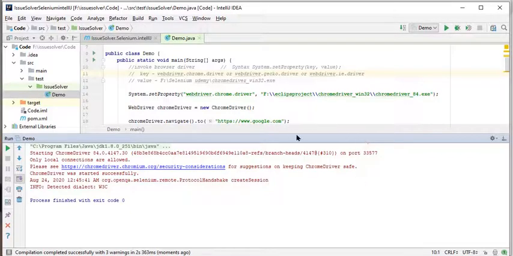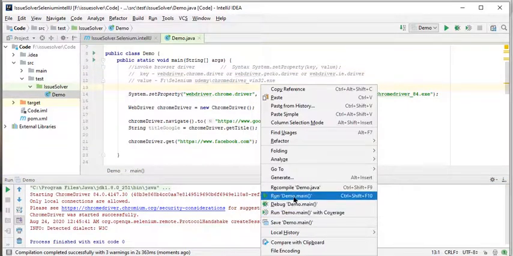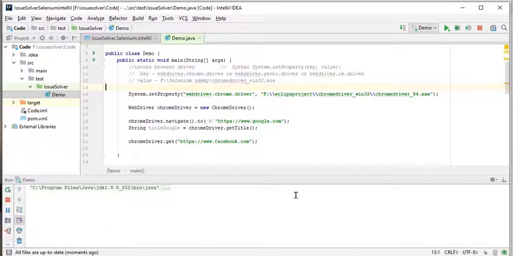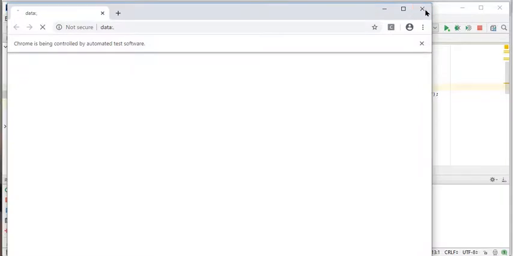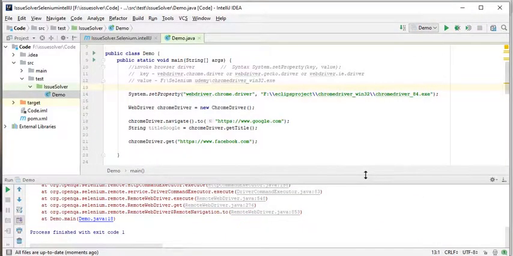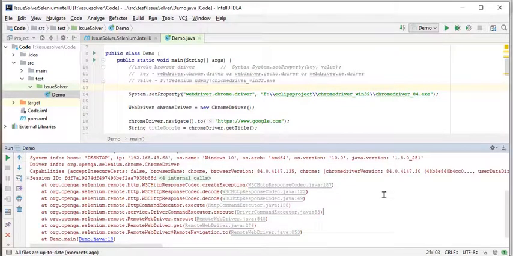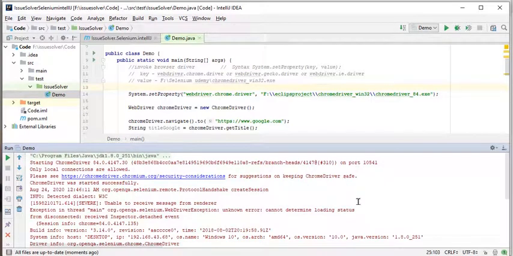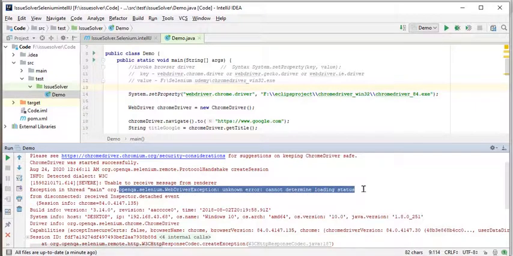The second issue: now this is executing well, so I will run it again. Suppose Chrome crashes, or I close it intentionally, or in your machine there is some error, exception, bug or virus, and your Chrome gets closed immediately when it is launched. At that time you will also get an error: Chrome driver exception, unknown error, cannot determine loading status.